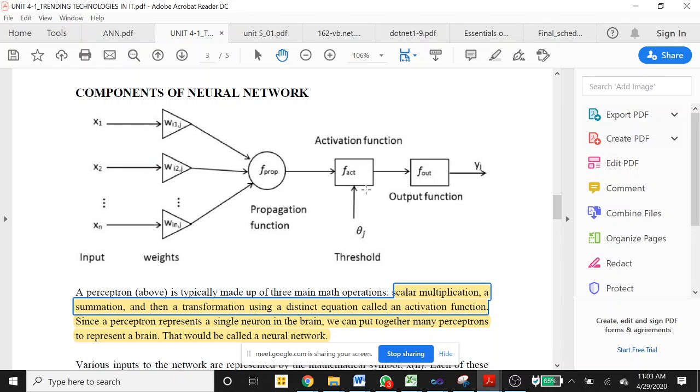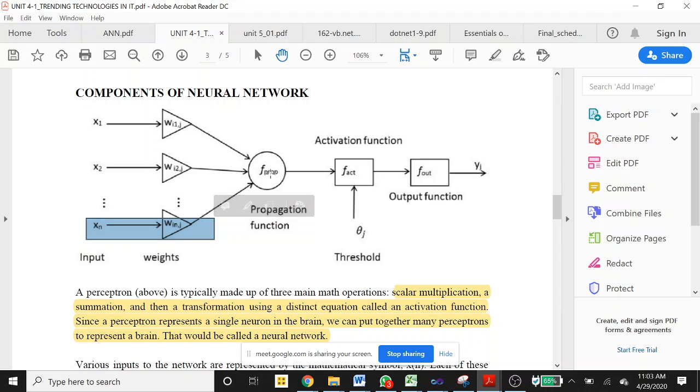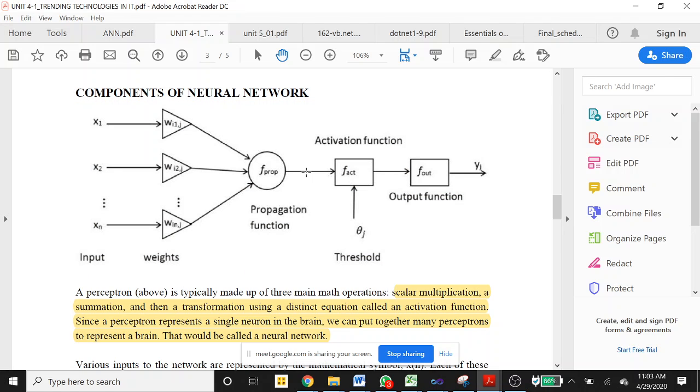When we perform scalar multiplication, each particular edge will give a single value. After summation, the whole architecture will be converted into a single value, because we have performed the summation of the scalar multiplication. Then in the activation function, the output of the summation function has to be analyzed based